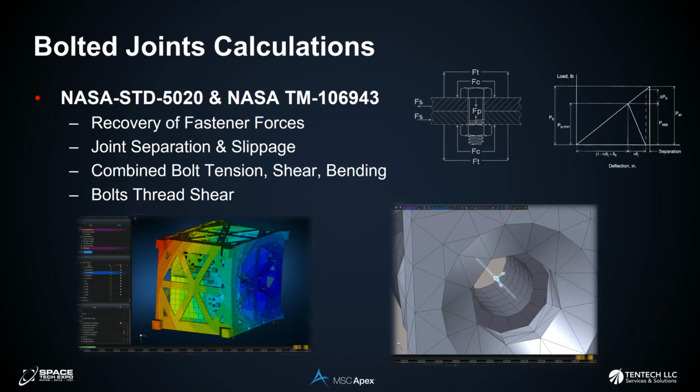Now, once we get all those results, peak stress, peak displacement, acceleration, and peak forces, we get to look at standard bolted joint calculation. So NASA TM 106943 is an example of what we use, and using those fastener forces that we recovered from